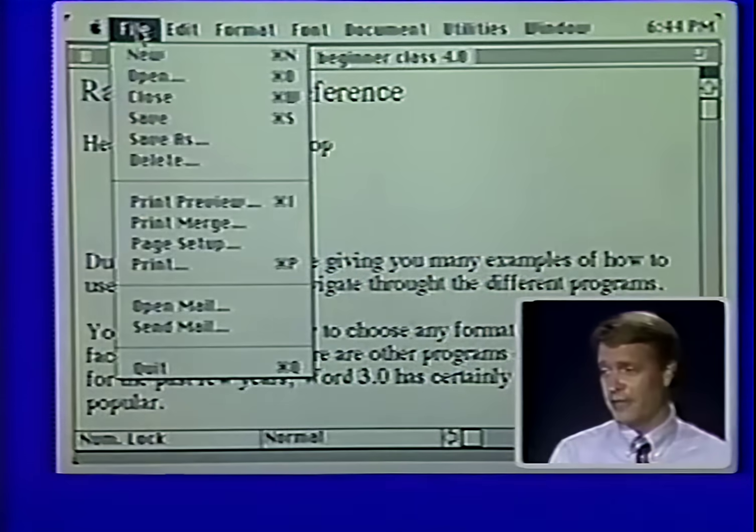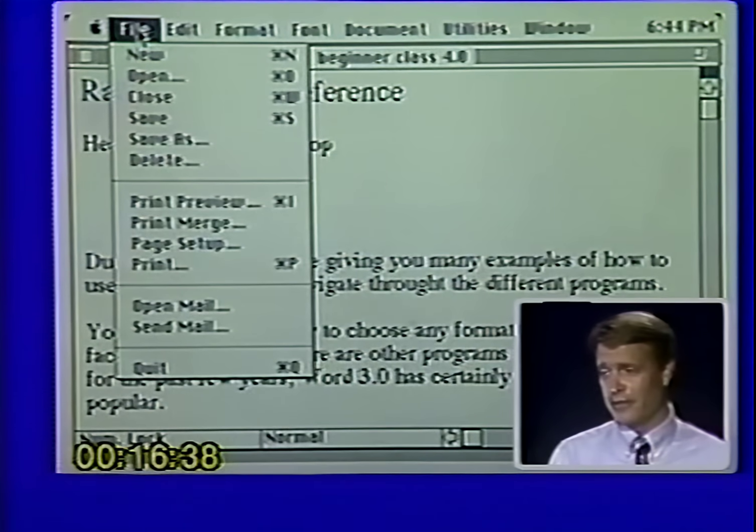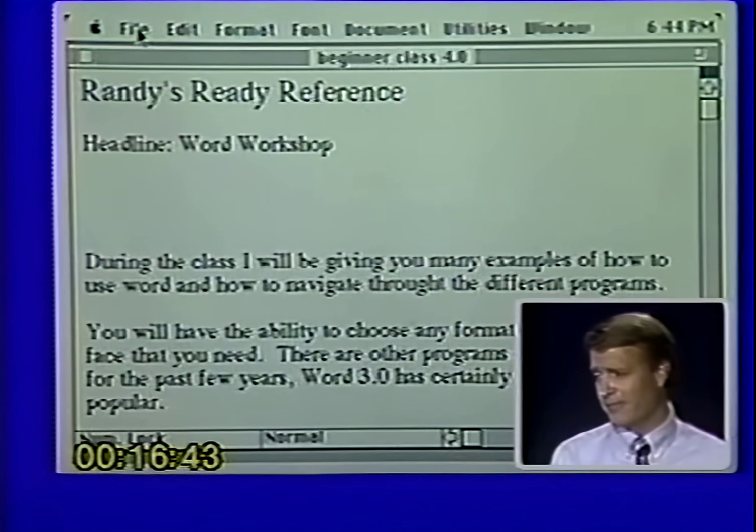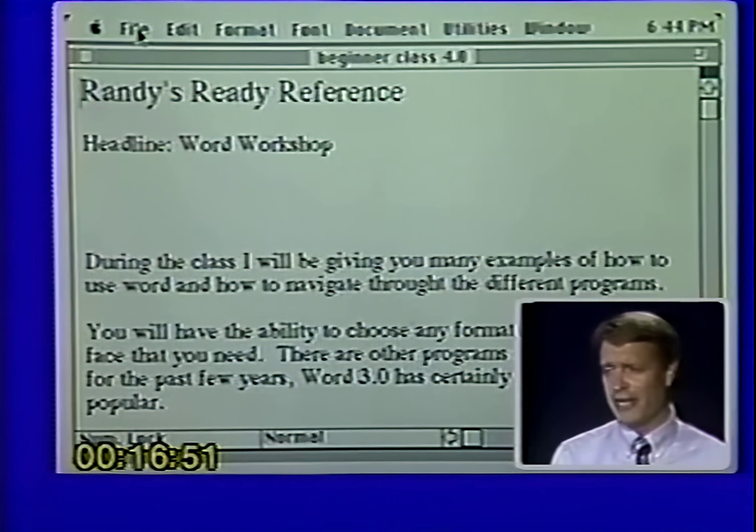Now I'd like to point something out on the computer here, and that is, as I pull down this File menu, you will notice that the word hope does not appear. You will also notice that there is no such thing as Command M for miracle. The computer fools you a little bit: as you're typing along and you see all the different words on the screen, you think it's remembering it, and it isn't remembering anything. Remember that the computer will only save a document when you tell it to save that document. As far as the letters that are on your document, you have to give the computer that command.